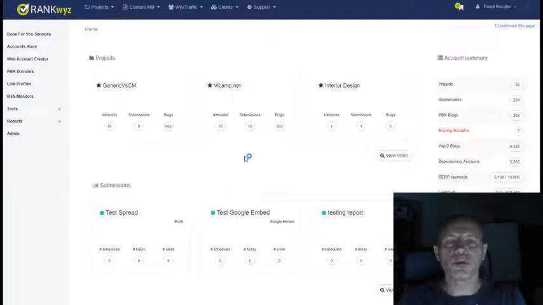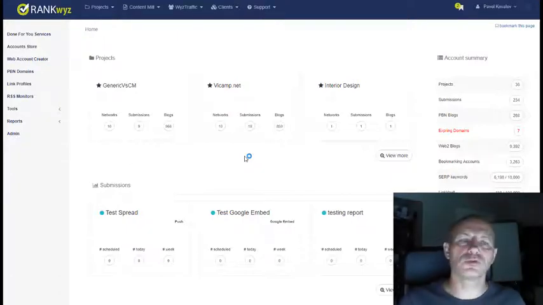That's the concept we put in RankWyz. We don't do as many interactions directly with your money site as with all of your properties, because RankWyz allows you to manage all of your properties, your tier 1, your PBN, your social profiles, and so on and so on. So now we bring those together, so you can manage all of your properties.